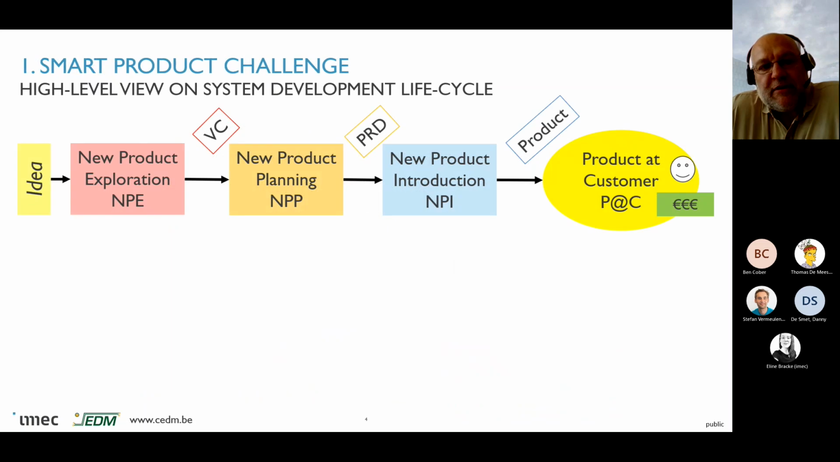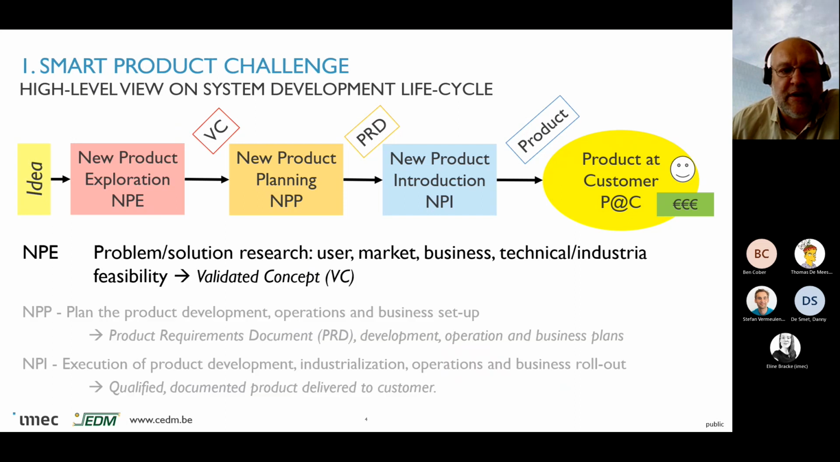In this series, we are focusing on the first stage of product development, which we call the new product exploration stage, which also sometimes is called the concept stage. And there we focus on research, understanding the problem and the solution to that problem. And this must result in a validated concept on which the product requirements can be defined, the product development can be planned, and then in the NPI, the new product introduction stage, we actually do the product design, prototyping, qualification,